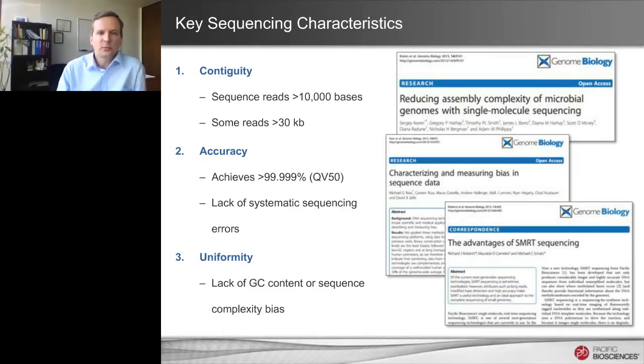You may know that we have by far the longest individual sequence reads. Half the bases that are sequenced, half the data, is now contained in sequence reads that are greater than 10,000 bases. Our users routinely see reads greater than 30,000 bases. In terms of accuracy, we also believe we have an industry-leading standard, routinely achieving greater than 99.999% or QV50 or